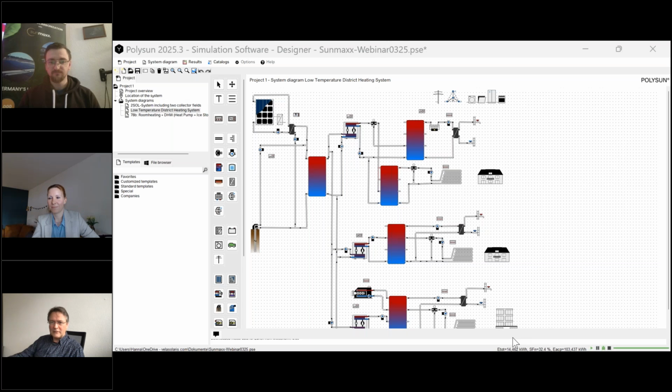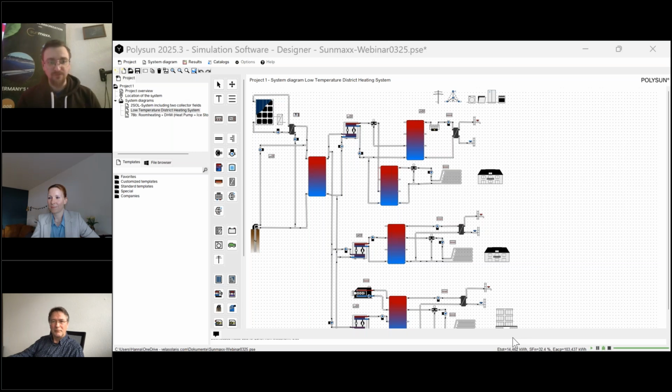Then, does Sunmax also install hydrogen storage systems? We do not install anything. Could you help anybody who is interested in it? So let's say it directly.